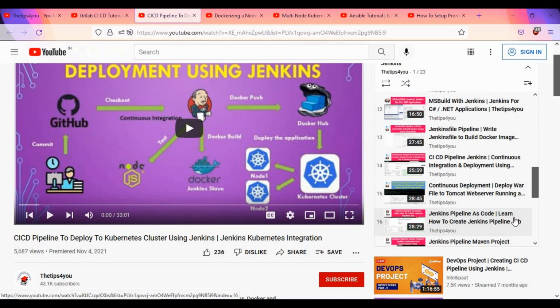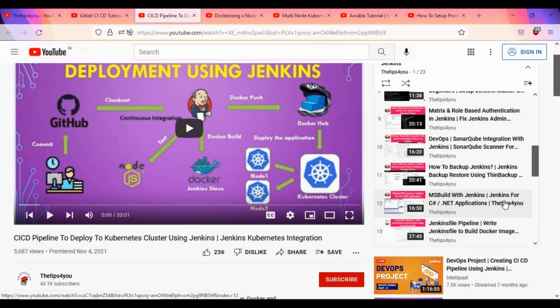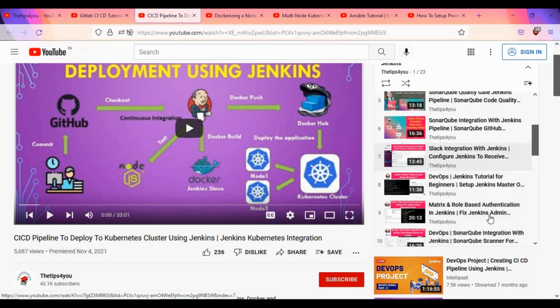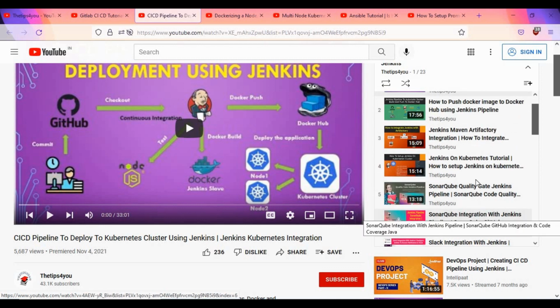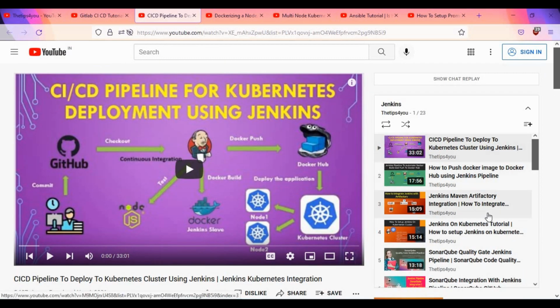You can have pipeline, how to deploy your applications, Jenkinsfile to Docker. You can also see the .NET MS Build for .NET, SonarQube integration. So quite a lot of tutorials are there. If you go through this, you'll have a clear picture of Jenkins, and you can even see the CI/CD pipeline to deploy your application in a Kubernetes cluster as well.